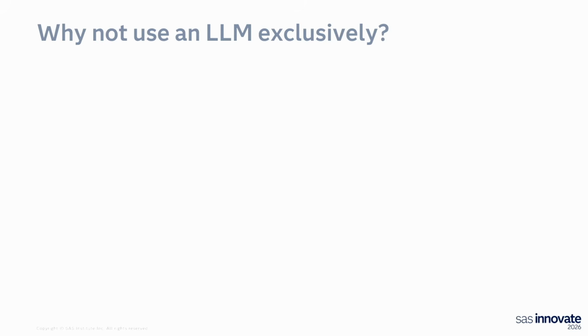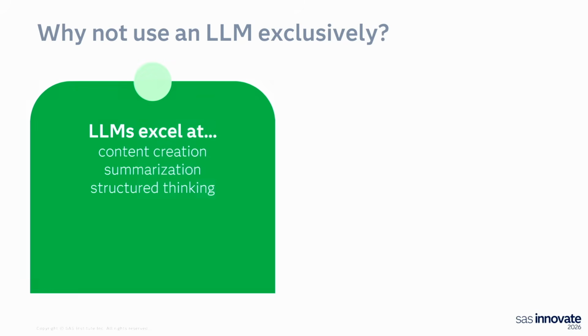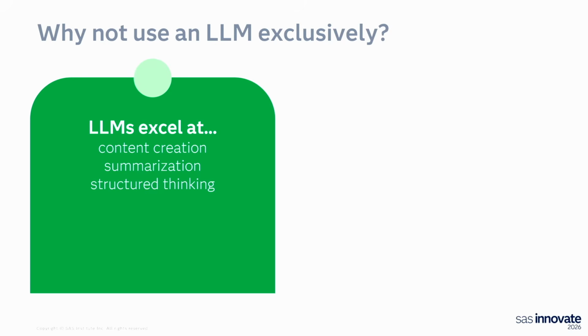So the question you might be asking is, okay, we've got an LLM that we're using here. Why aren't we using it to do the entire process? We all know that LLMs are really powerful models. To answer that question, we have to focus on what LLMs do well and what they don't do well. We all know that they're very good at content creation. You've probably heard stories about LLMs writing creative documents. They've probably written some of your emails. We know they can do that well, but we're going to focus on the summarization component.